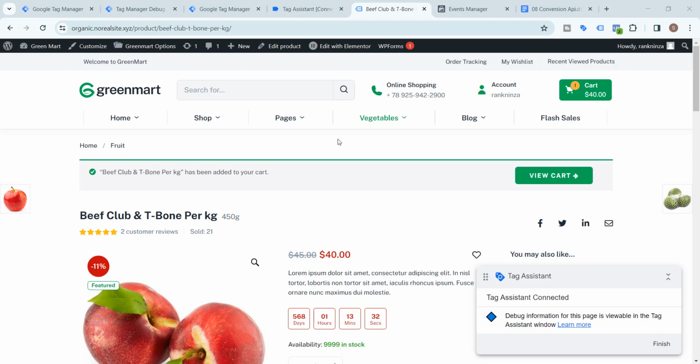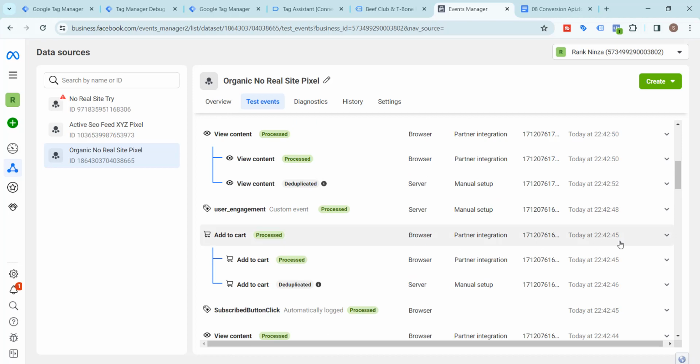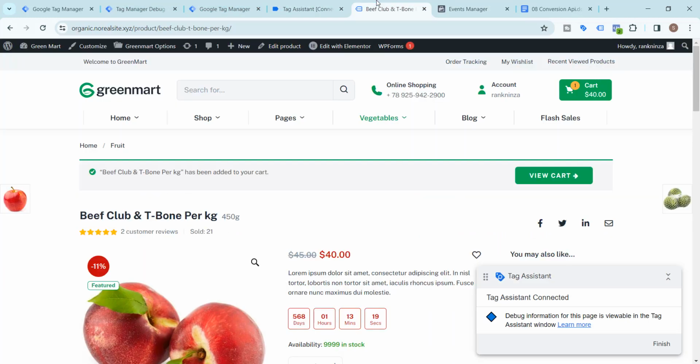In the last video, I showed you how to track the add to cart event through server-side tracking. And today I will show you how to track the begin checkout event